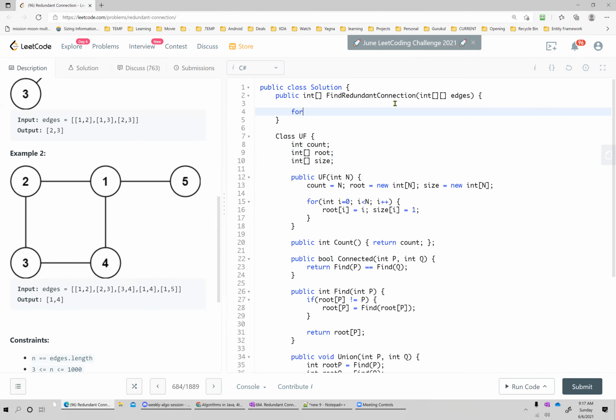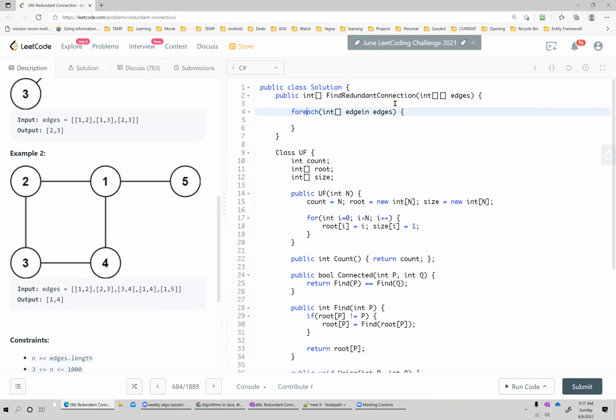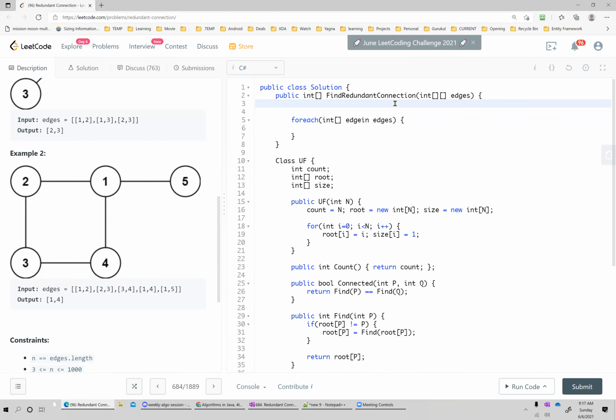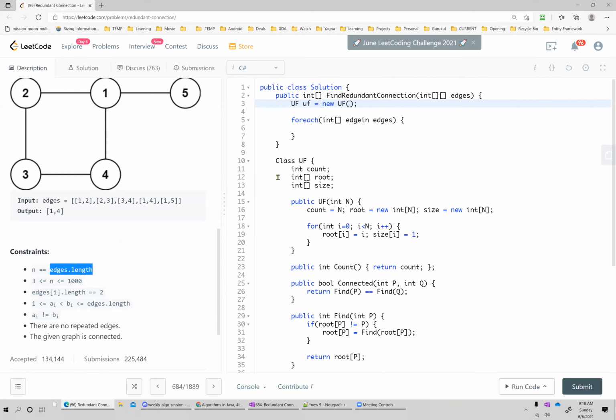Okay, so basically we are saying that I will go through each edge, right? Yes, yes, each edge, and union the two together. Okay. All right. Edge in edges. And basically I will do something here, right? So we want to utilize union find, so I will define a new union find structure. And what is the size I want to give? So here we know that edges.length is also known. Number of nodes is the same as that. So we can do that.